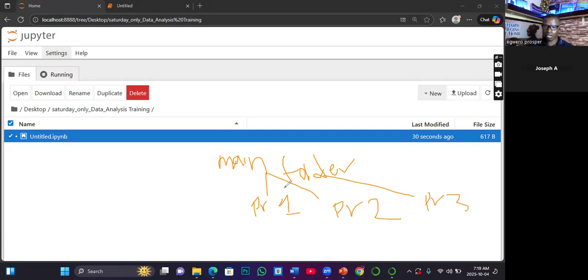Now, this is like a particular company you are analyzing data for, so all their data comes in here. When you want to analyze their data, once you enter the main folder, you go in here and all their details will be there. Is that clear?